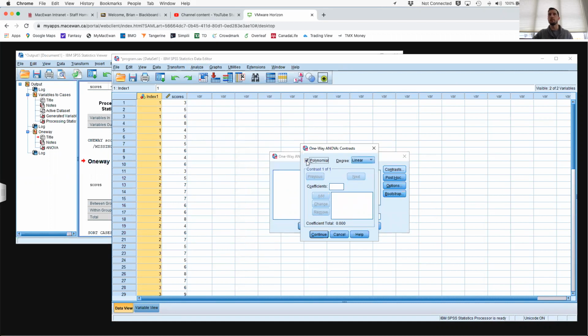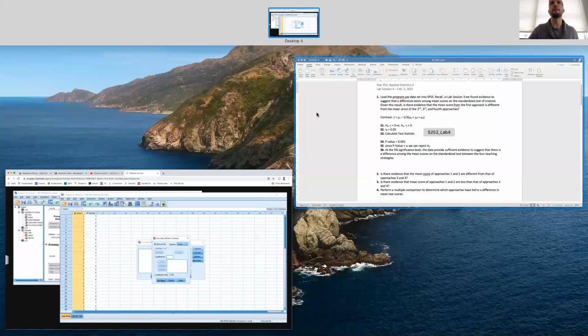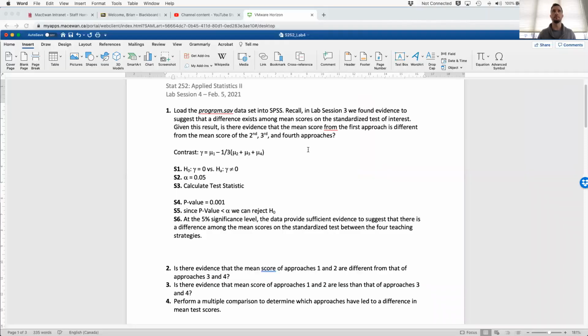Then we check polynomial and we leave degree as linear, okay? And now what we do is we add our coefficients for each of the values in the contrast and we go in order. So our coefficients, as a reminder here,